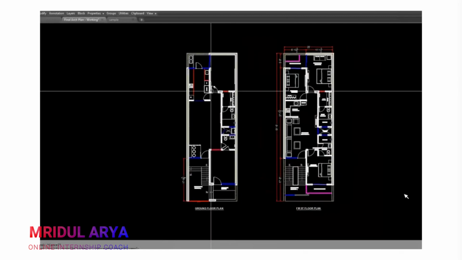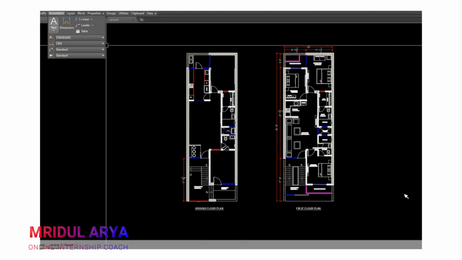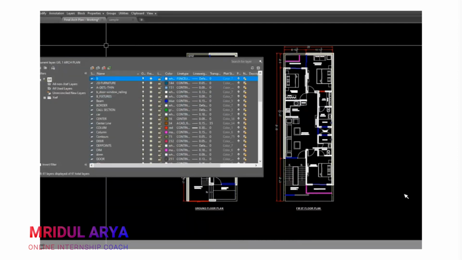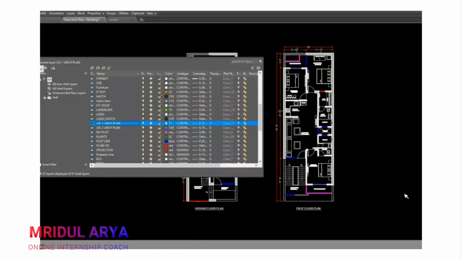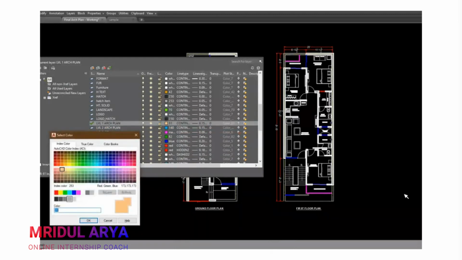Now what I will do next is I will create a new layer to just specify this specific ground floor, so that this specific color only represents the ground floor. And same I will do for the first floor. Okay, I will create two different layers with a different color and I will try to keep those colors light and different so that I can see both colors on each other.